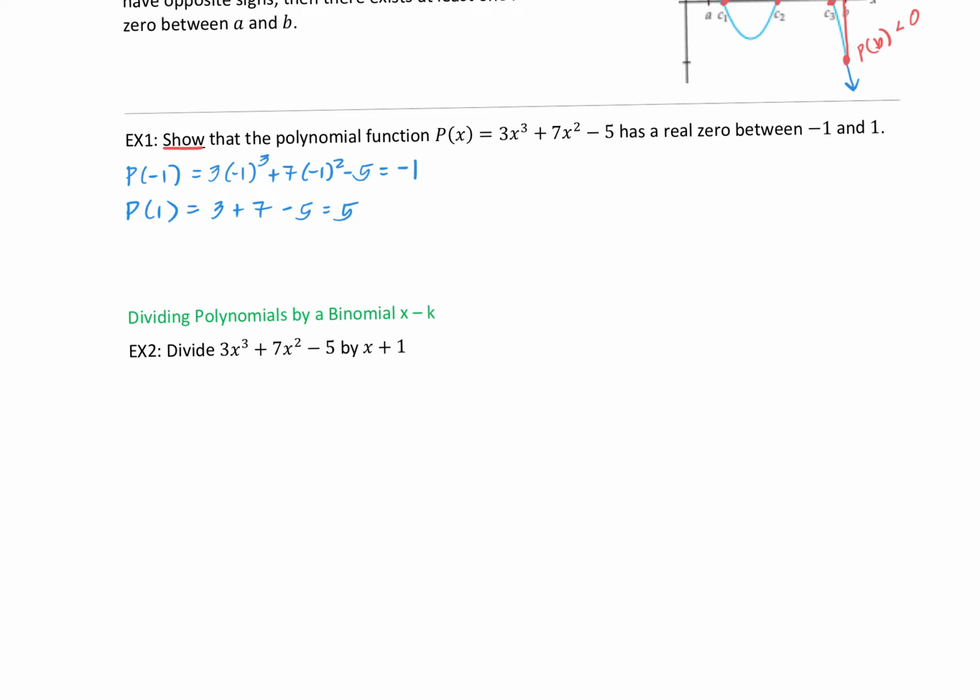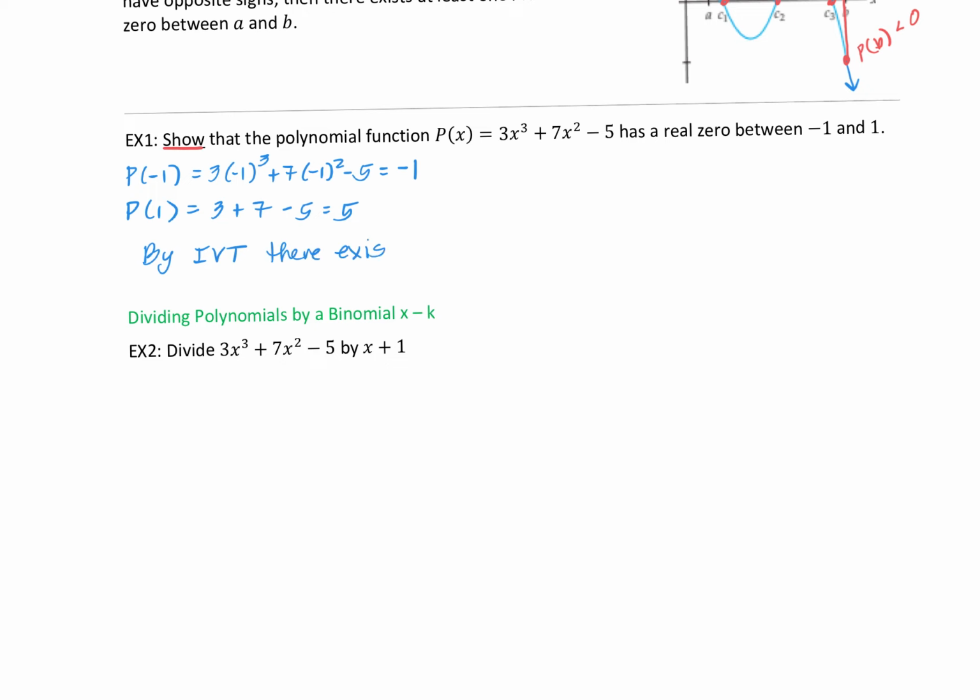It says show that this function has a real zero. All we've shown is that p of -1 is negative and p of 1 is positive. However, since they do have different signs, we can conclude by the intermediate value theorem, or IVT, that there